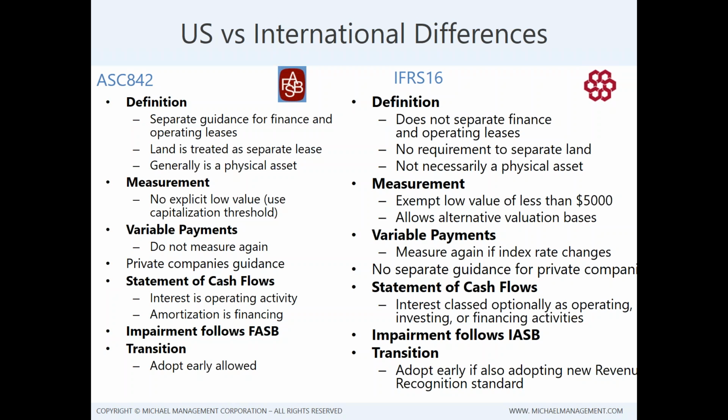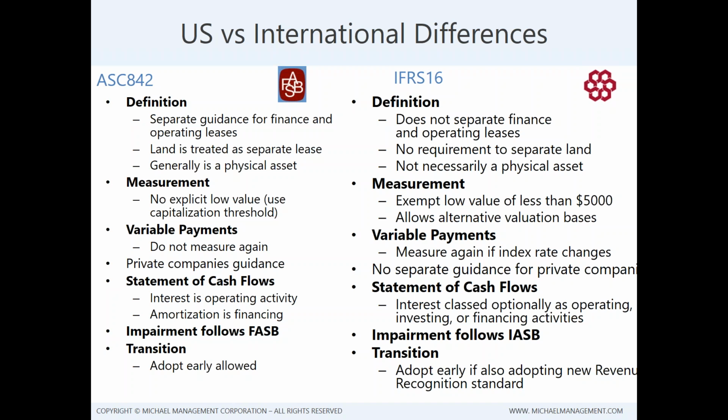From a measurement perspective, there's no implicit low value. The suggestion was to use your company's capitalization threshold, whatever that might be. Internationally, the suggestion was that it be less than 5,000. And I think that was a USD value that they were using. It does allow you internationally to have an alternative basis for calculating the value. Variable payments,